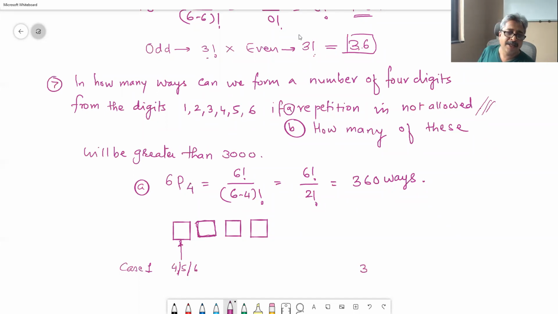Sir, 4 ways are possible, because there is no zero. Because we don't have any zero, and if the first digit is 3, the other digits will be 1, 2, 4, 5 or 6, so there is no chance that the number will be lesser than 3000. Even if you had zero, repetition is not allowed. So what is the answer? The answer is 5P3. Sir, I did it by ratio and proportion. Wait.